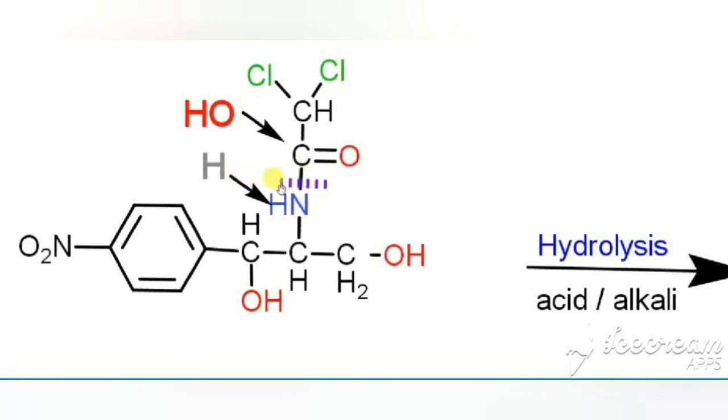So on breaking, what happens? Hydrogen combines with the NH, so with the NH hydrogen would be added, and the hydroxy group would be added with the carbon. Because of the breakage and the addition of hydrogen, we are getting one amine derivative, the whole structure, which can be called the base, and we are getting an acid derivative. So there is a breakage between carbon and nitrogen, H is added with the nitrogen and the hydroxy group is added with the carbon.